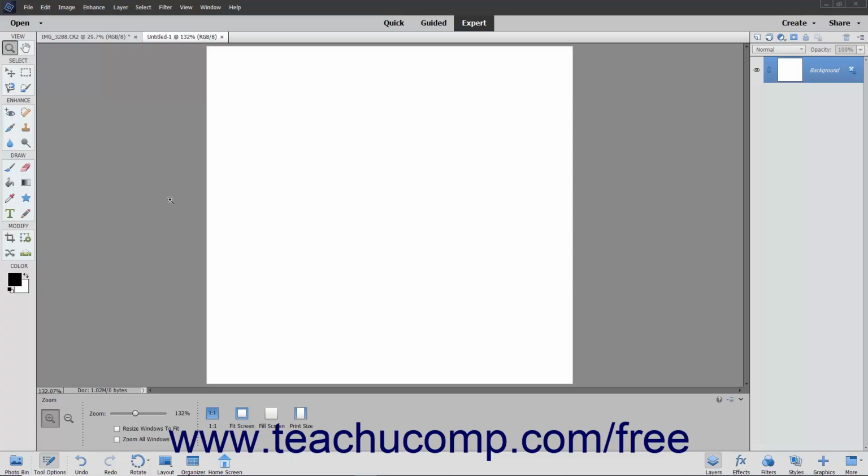www.teachucomp.com/free. You can fill in selections and layers you create with colors, gradients, and patterns. You can also apply strokes to selections you make. A stroke applies a colored border to the edge of a selection. One of the most common fills you can perform is the fill of the currently selected background or foreground color